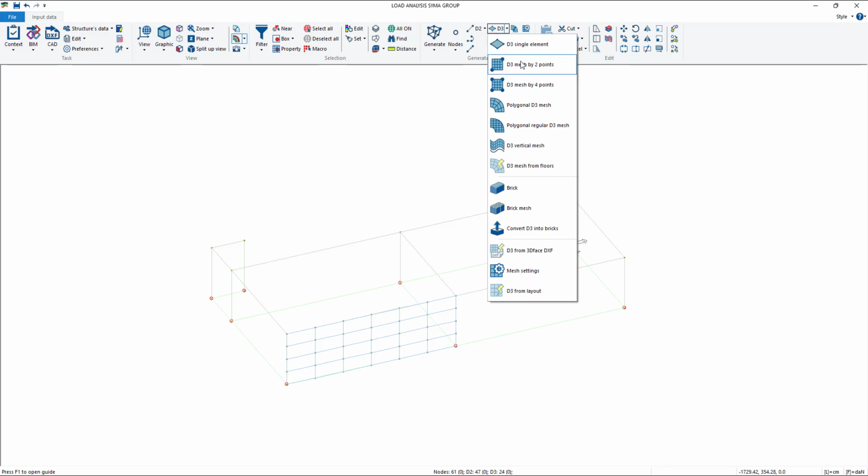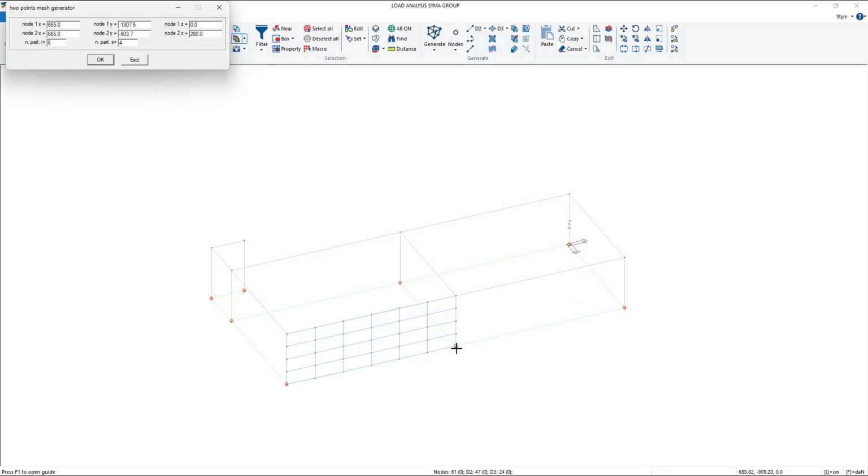So once again, the free mesh by 2 points, click and click from here to here, and we can do that for each wall.